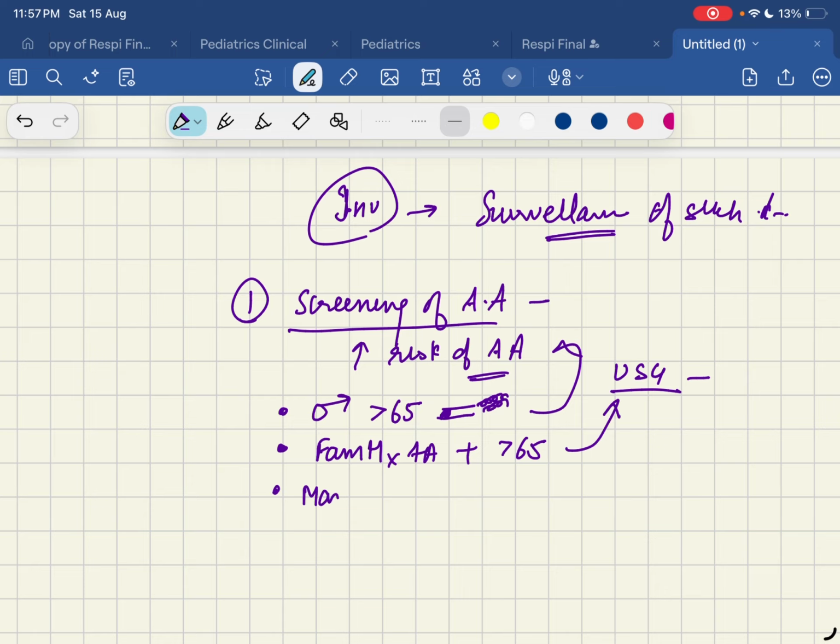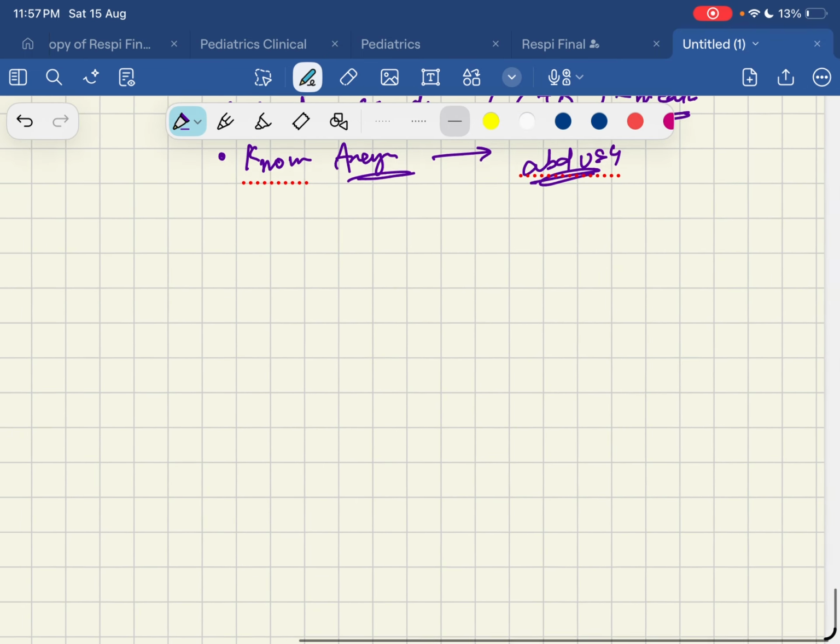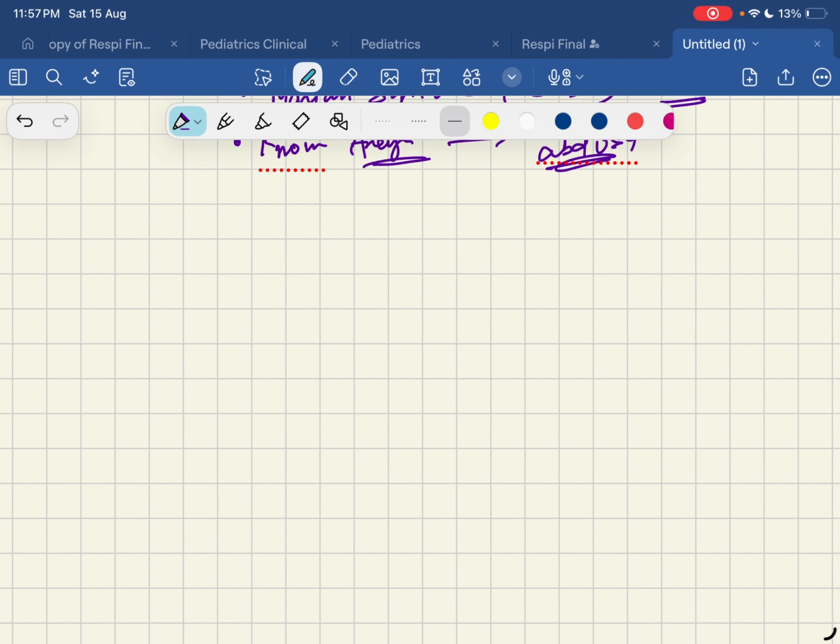Or if the patient has Marfan's, because Marfan's has a connective tissue disorder which leads to weak vessels, or there is some known aneurysm in other parts of the body, just go for an abdominal ultrasound to check for any kind of aneurysm. Next, if you find an aneurysm, how will you diagnose? If the diameter of the aorta comes out to be more than 1.5 times the normal value or more than 3 centimeters, you call it an aortic aneurysm, and you have proper guidelines on how to go for